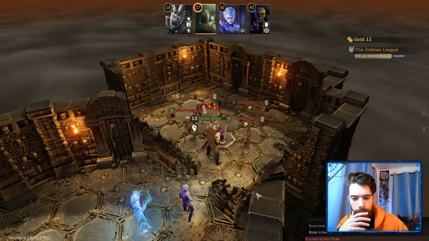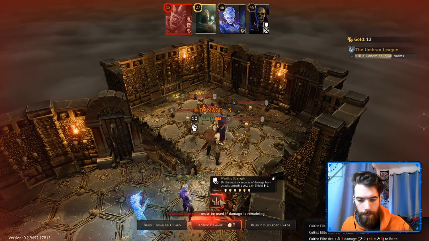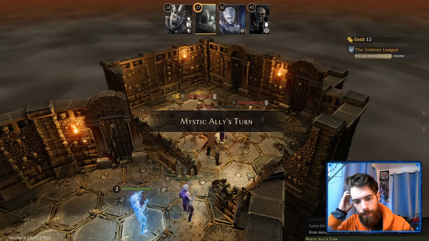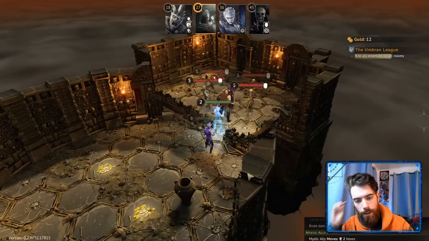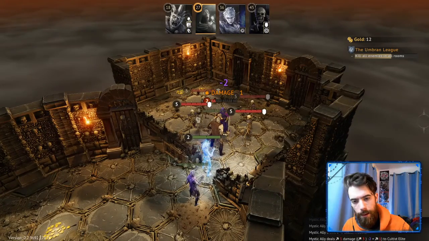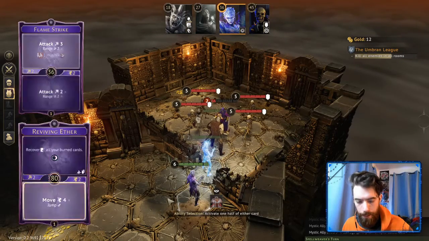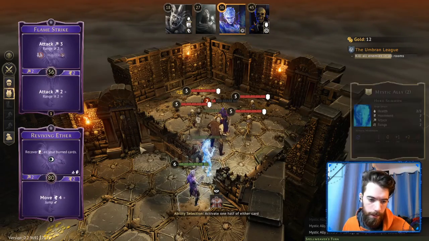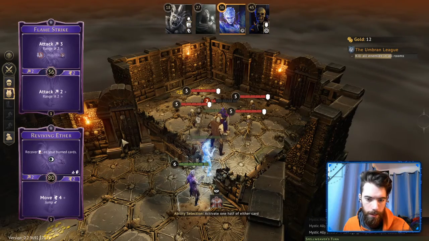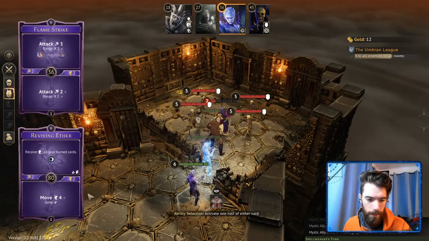So the cultist tries to attack. He does get the +1 modifier, so we'll block one of that. Take 2 damage, and then retaliate. The Mystic Ally comes in. Only 1 damage. But at this point, he's done more damage than any other single card, so I'm not regretting him. Unfortunately, these are very short range abilities, so...